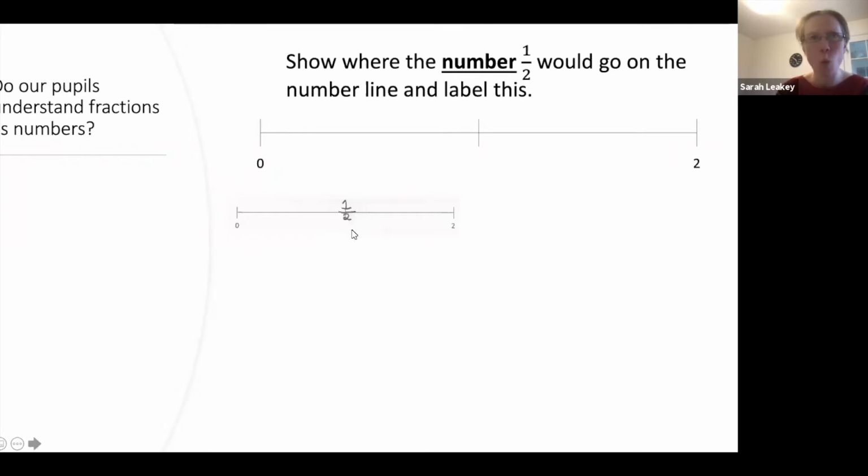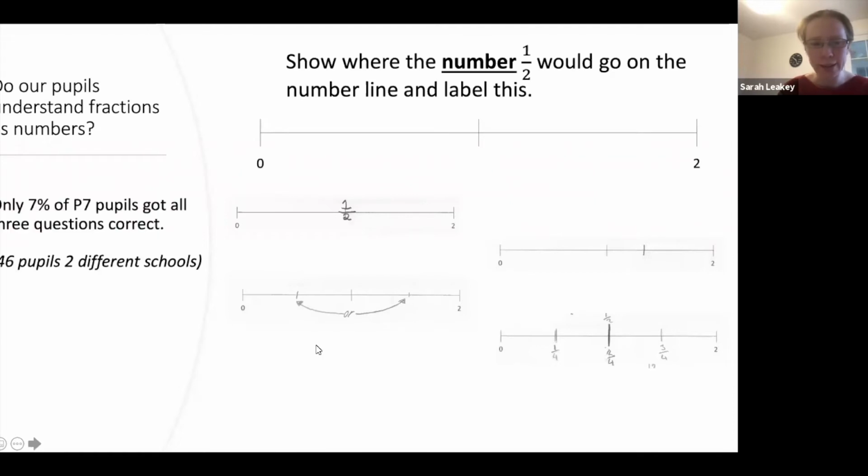So again, it's what are we meaning by these fractions? Yes, this is halfway along the number line, but if this is 2, then that isn't where the number 1/2 goes. You've got a pupil putting it here, another one saying this place or this place, so halfway between the subdivisions. This one's similar to that first example, but they've also labelled quarters. But again, they're viewing the whole as the whole number line rather than attending to the fact that